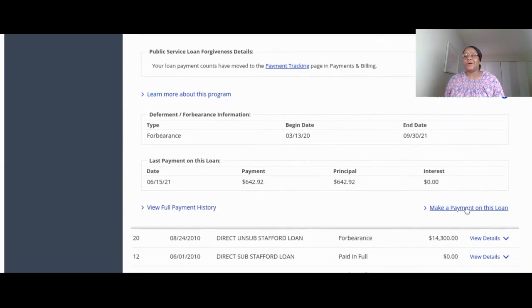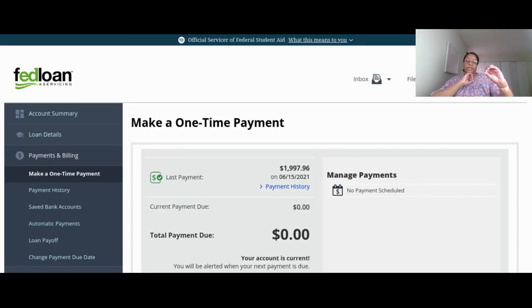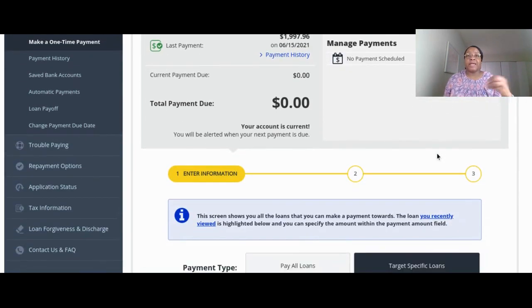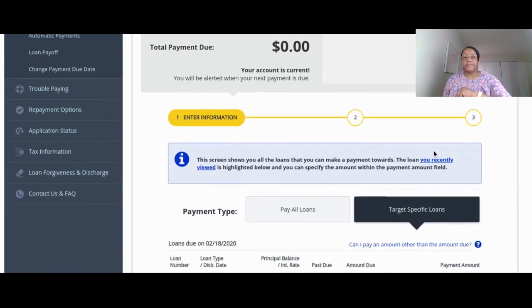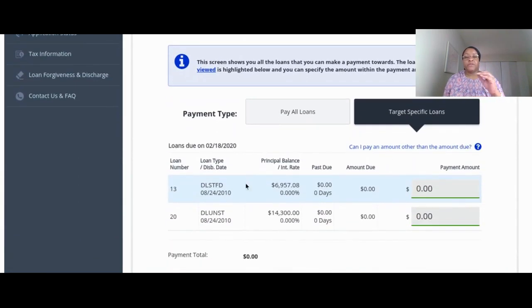So I'm going to click on make a payment on this loan. There's a couple ways you can get to your payment screen. This way is the most efficient way to get you to the target specific loan screen, which is the one I like to be on so I can say where I want to apply my money. The loan that I had clicked on is highlighted in a light blue. So let's put in